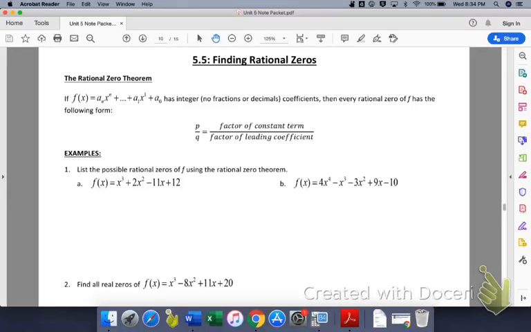This video will walk you through Lesson 5 of Unit 5, which will teach you how to find all rational zeros of a polynomial function. First thing I'm going to show you is how to find the possible zeros of a function the old-fashioned way, using the rational zero theorem, basically trying to figure out what the possibilities are without using